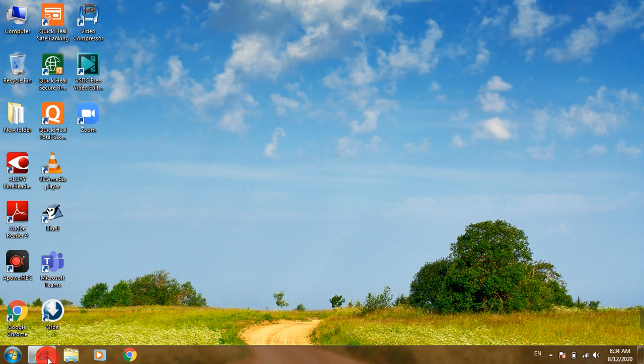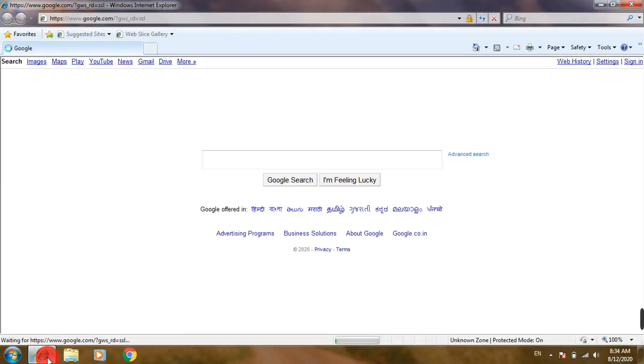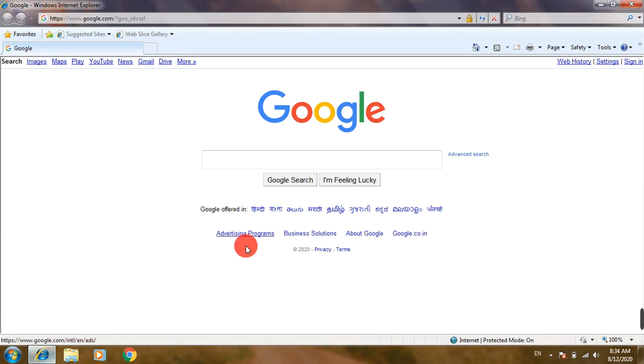So just click here. Now you can see I have connected my computer to the internet, and this is the home page of Internet Explorer. I have set the Google page as my home page.